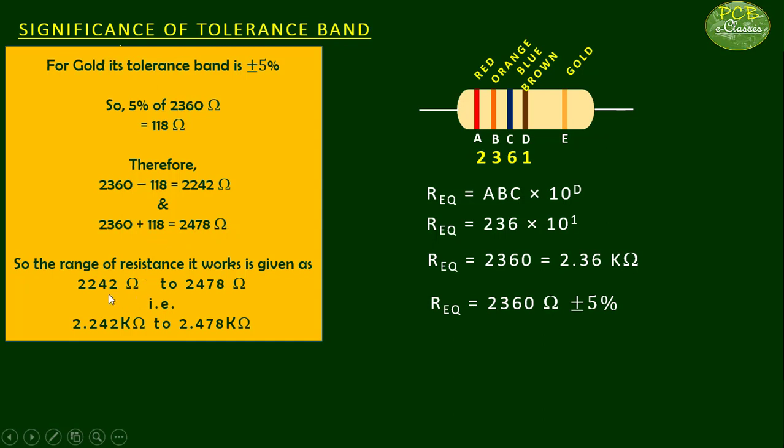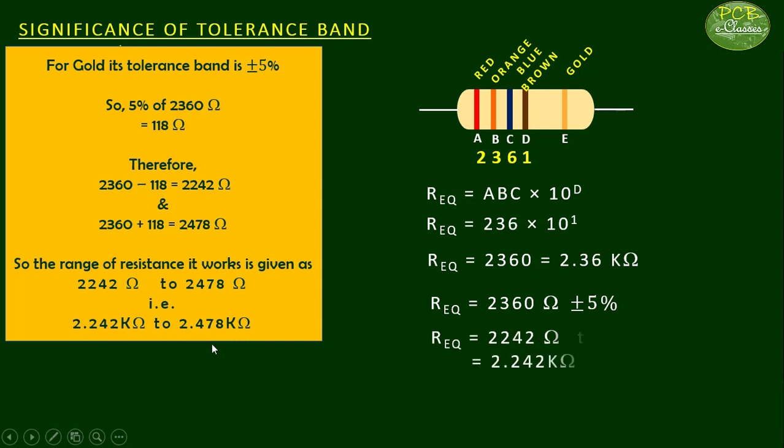So what is the range of the resistance it is working in? 2242 ohm to 2478 ohm. If I write it in kilo ohm, it will be 2.242 kilo ohm to 2.478 kilo ohm.